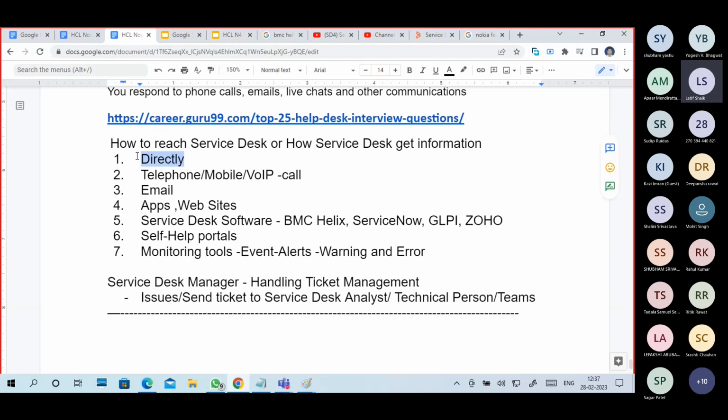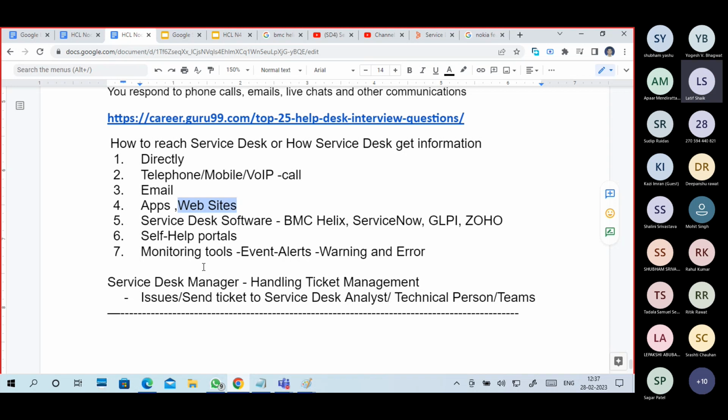Customers may reach the service desk directly, meaning internal customers or external customers. In some places it's direct reaching by telephone, mobile, or voice over IP, like a call. The email approach is there too; through email you can do support.